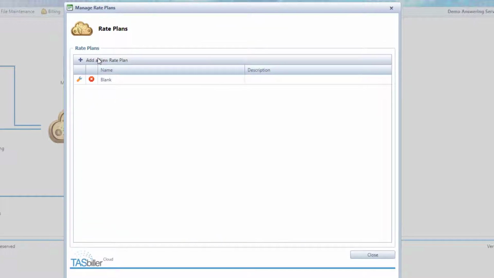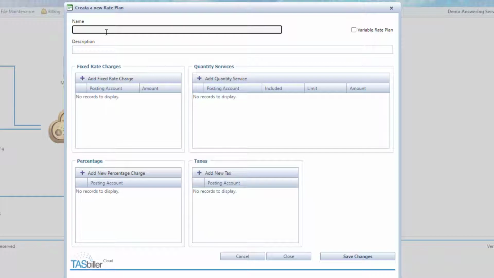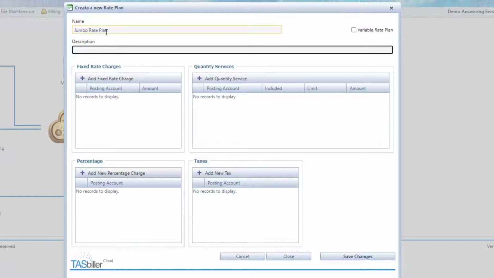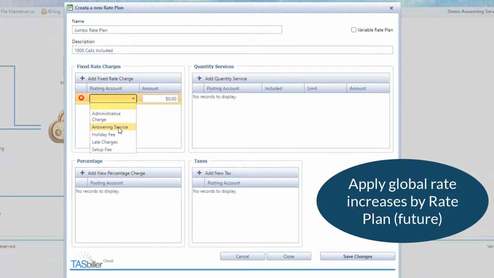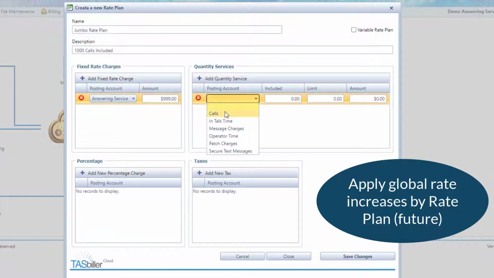So let's add an actual rate plan. We'll call this one our jumbo rate plan. Now the names and descriptions above can appear on the invoice if you choose to. So this one we're going to have 1,000 calls included. So we're going to have a fixed charge. This will be our base charge of answering service, and it's going to be $9.99. And for 1,000 calls